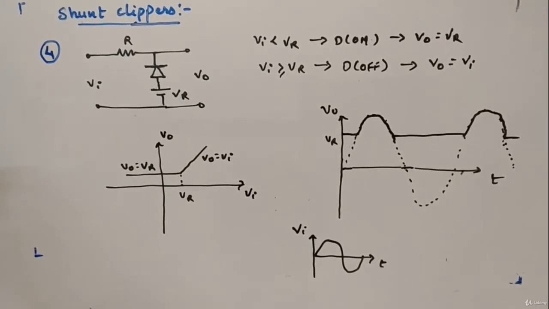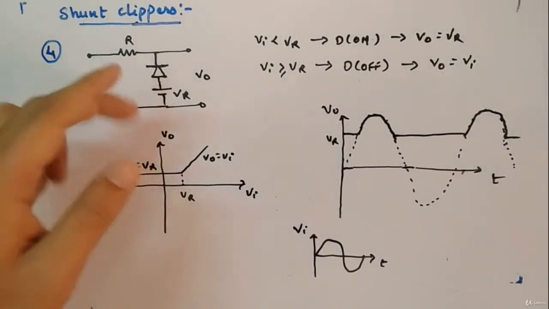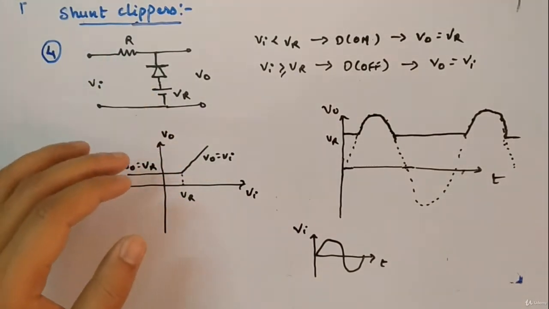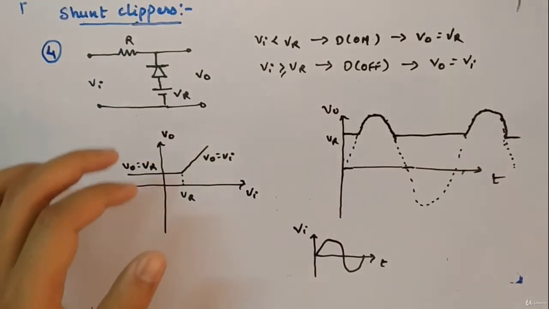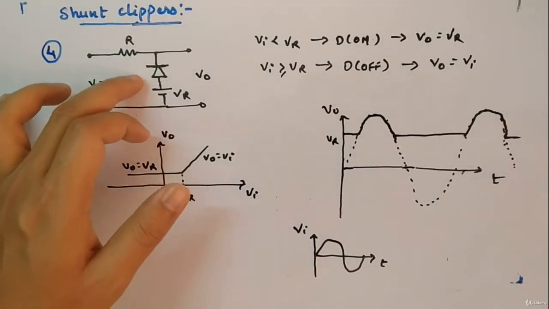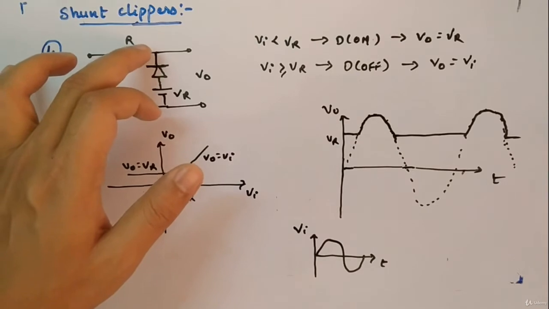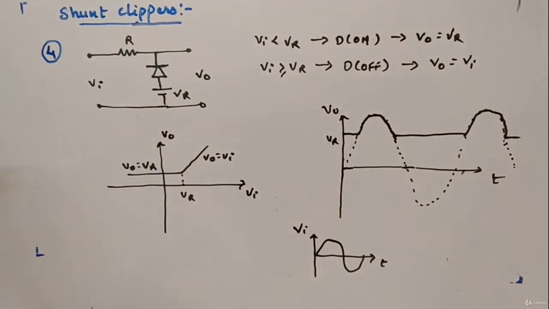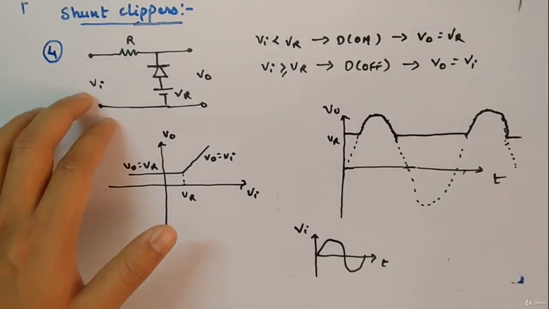Okay, now let's look at the fourth model. I've just flipped the arrangement of the diode. Now it is upside down. Rest is similar to model number 3. So now VR is connected to P, and this dot above the N terminal is connected to V0 plus. Okay, so this is the arrangement, and this is the fourth model.